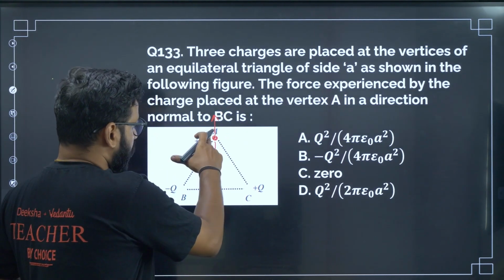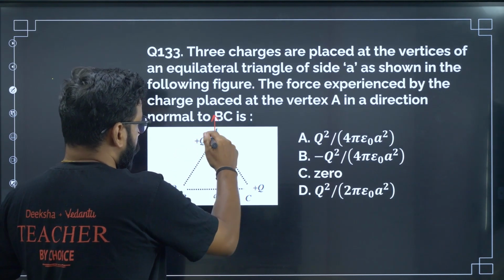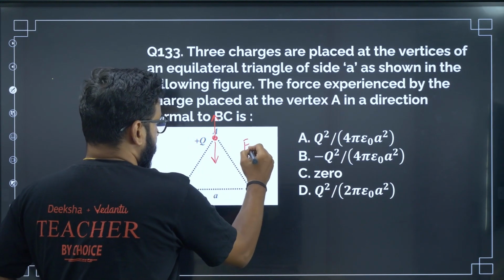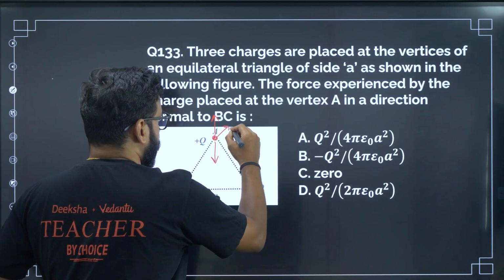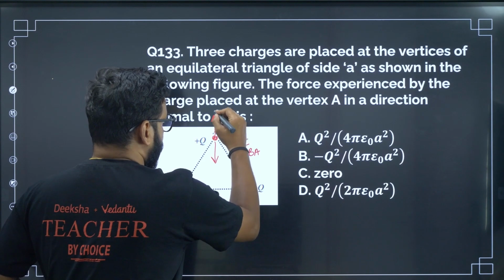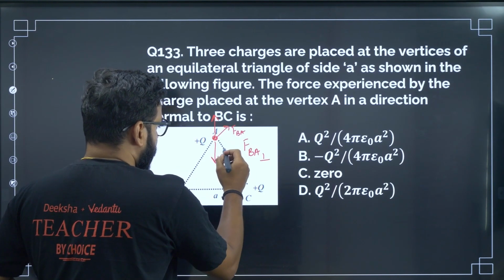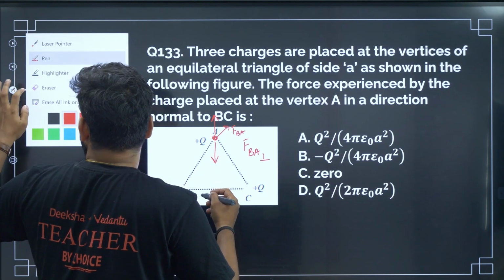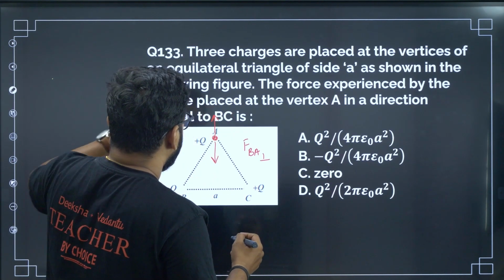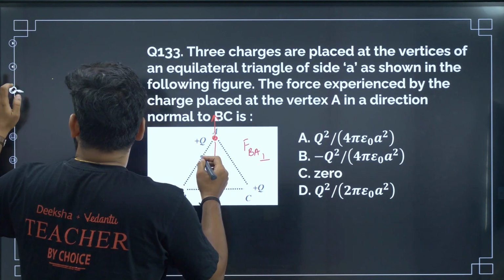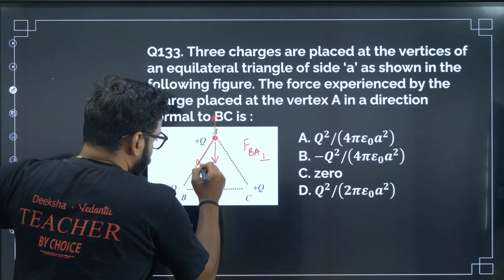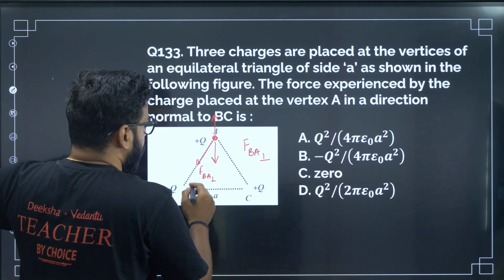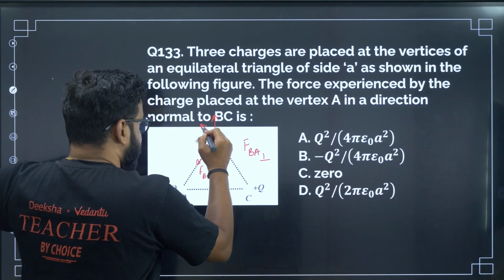First of all, when you take the components, the vertical component of this force, FBA, we are talking about FBA perpendicular, and this is downwards, it's a negative charge, so we will have a downward force. Yes, FBA perpendicular, and this is FAC,